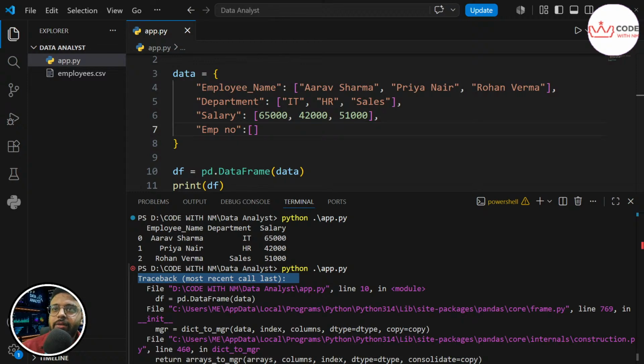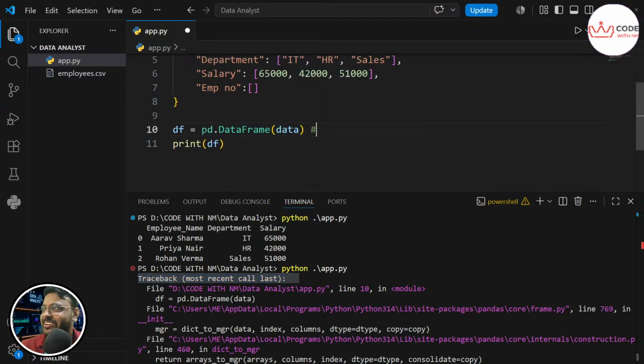And of course, writing pd.DataFrame incorrectly, with a small f, simply means you will be thinking, sir has gone mad, what is he saying. Writing it in this way instead of this, D should be capital, F should be capital. Here D is capital, but I have F small. This is also an error, because Python is a case sensitive programming language. Remember this, Python is a case sensitive programming language, and this is the most common typo beginners make.